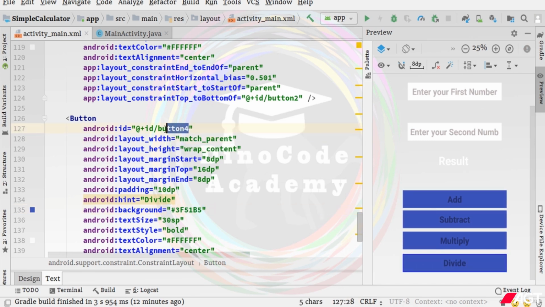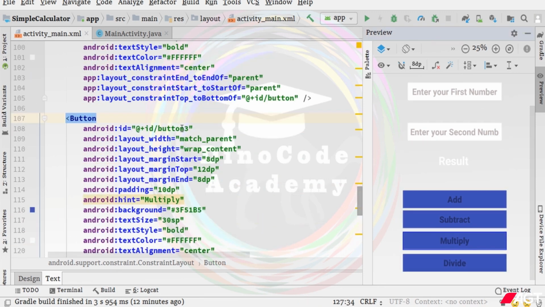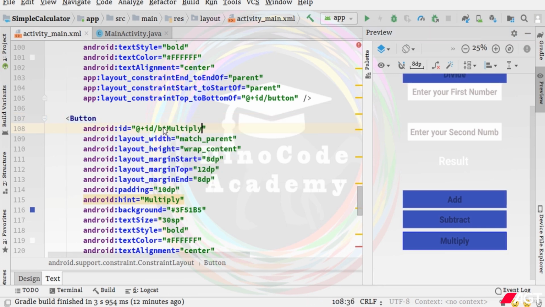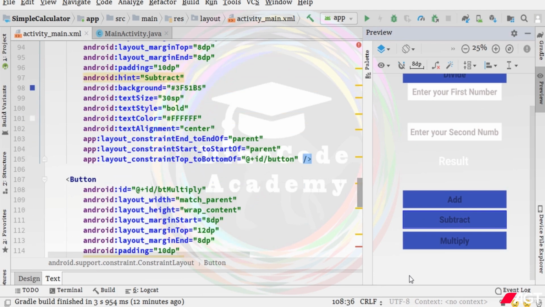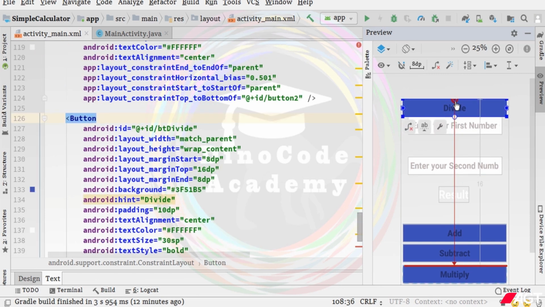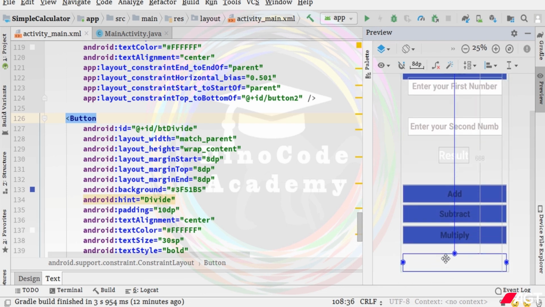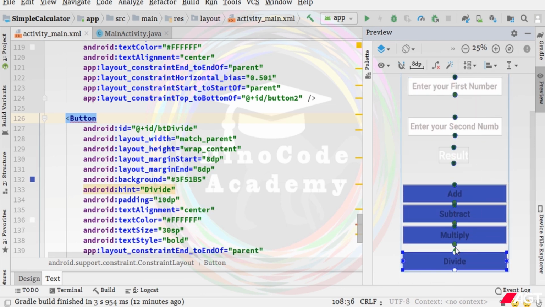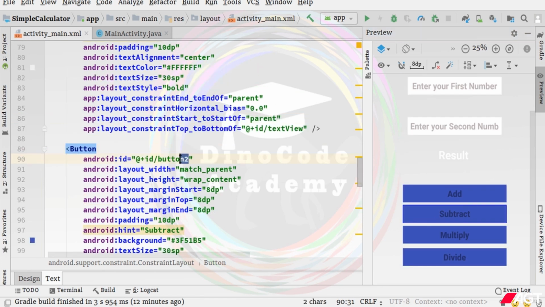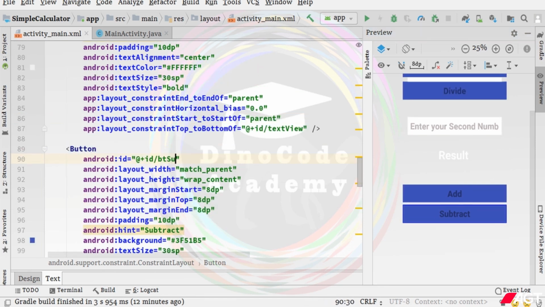Now it's time to give the IDs, so I will give it as bt divide, and for this one bt multiply, and for this one you can see that it actually goes to the top. That's because the ID of the content is actually changed. Again need to set the IDs, and for this one bt multiply, and for that one is actually going to be bt subtract,